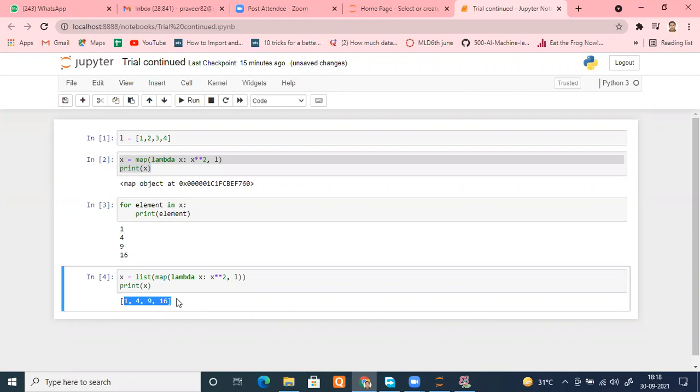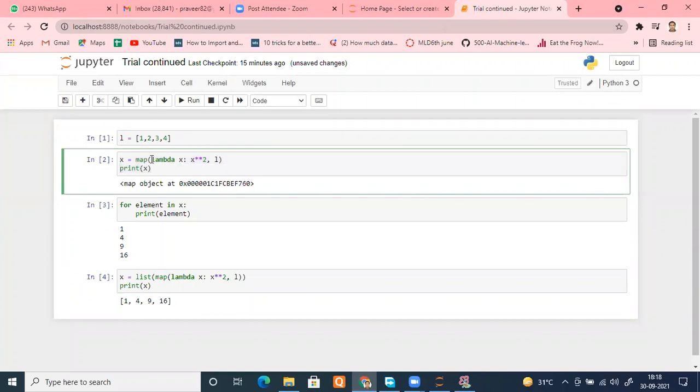Sir, I had a doubt about the function that was written, this x star star 2. I didn't actually understand. Were you present yesterday? Yes, sir. You know that lambda is used to write a function. So what we have done here, beta, is that you pass only one argument, that is x. And after the colon, we write what we want to return, what value we expect from this function.